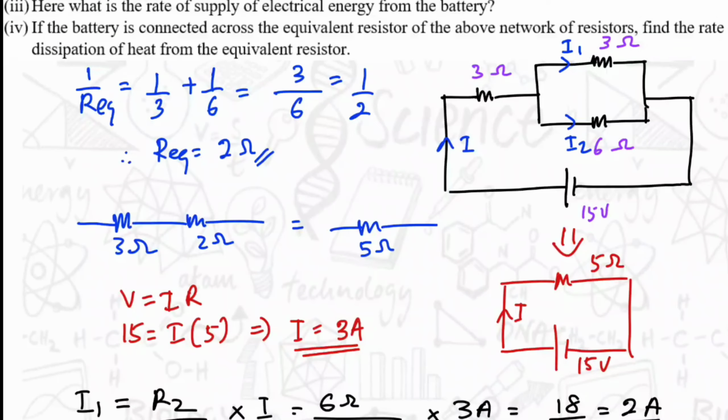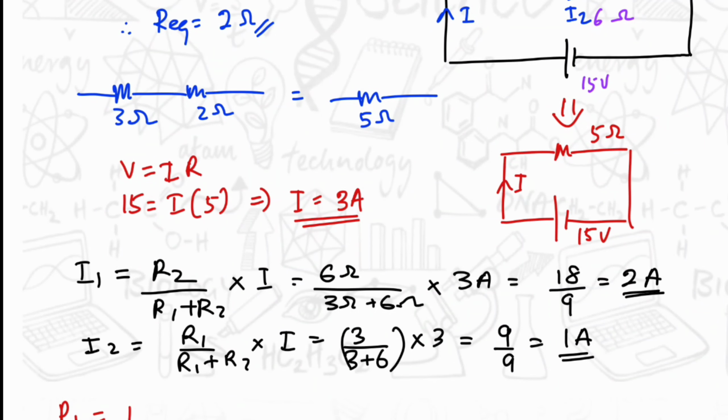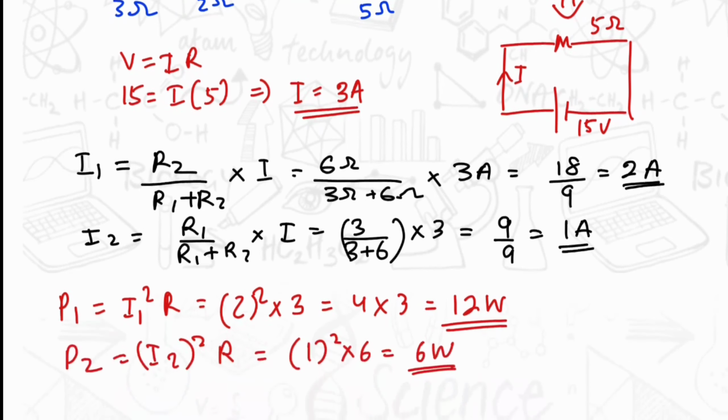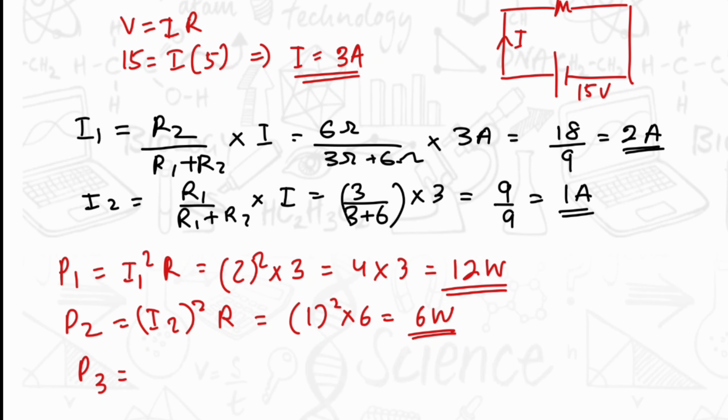So we can find P1 now. P1 is the power of this resistor. So P equals I squared R, and that is I1, right? So 2 squared times 3, that is 4 times 3, and we get the answer 12 watts. And P2 is equal to I2 squared times R, and that is 1 squared times 6, and we get the answer 6 watts. And P3, that is